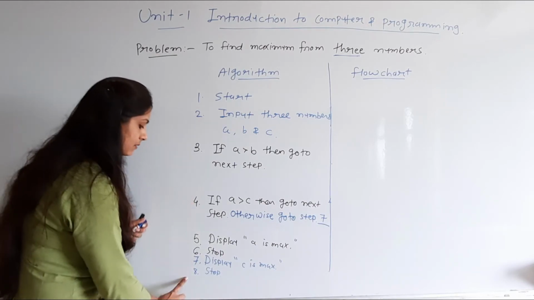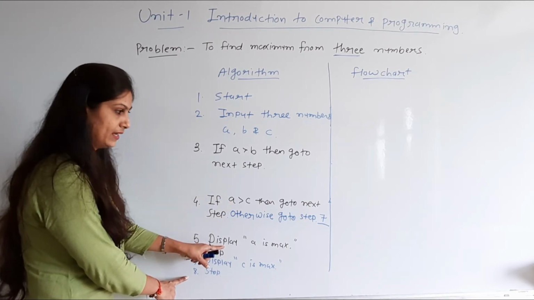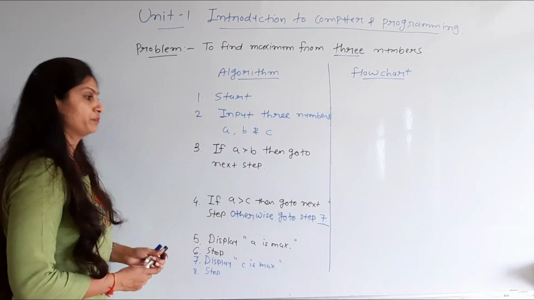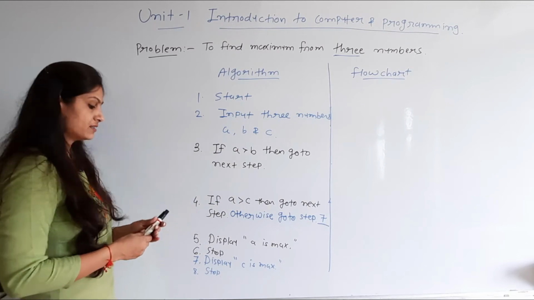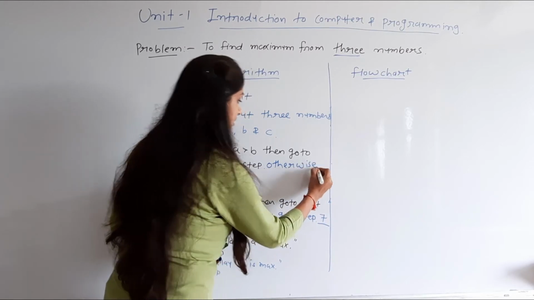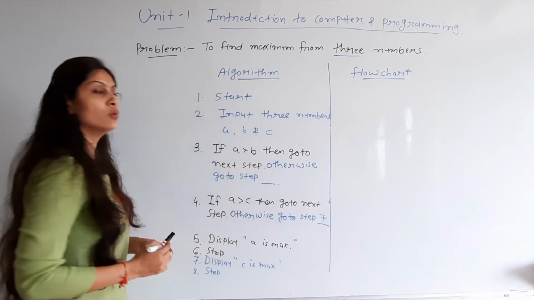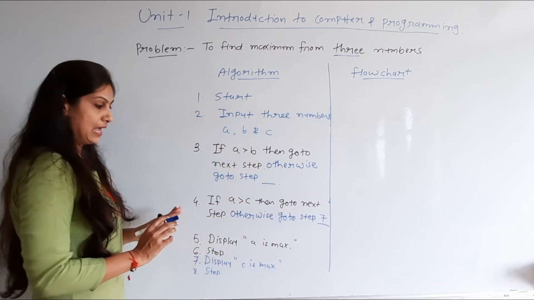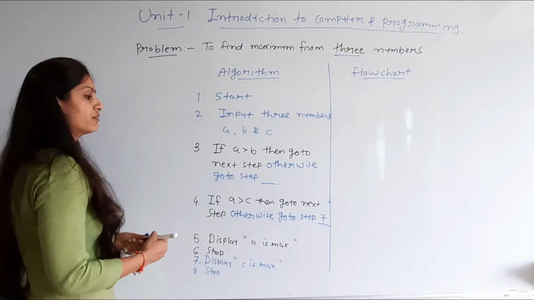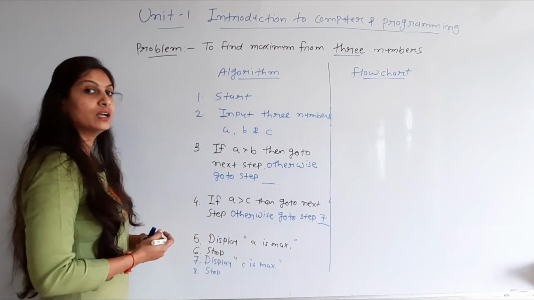So here we continue with step number 7. Now this part is completed. Means if A greater than C, then the answer is display A and stop. Otherwise 7th step, that is display C and stop. Now come back here to the 3rd step, where we have to write the false part, that is otherwise. Otherwise go to step. Keep it blank right now. Now A as an answer is found, C is also found. Which one is remaining? B. But can we directly say B is max? No. For that again we have to check the condition.